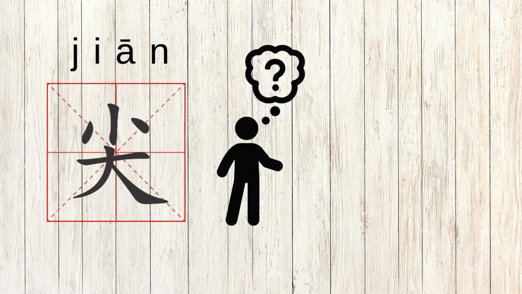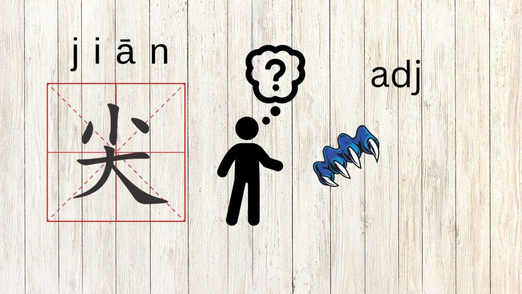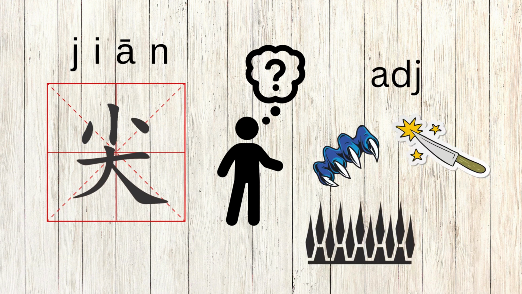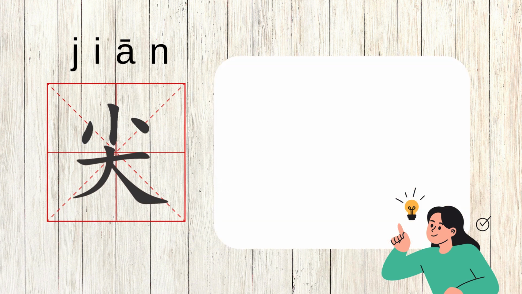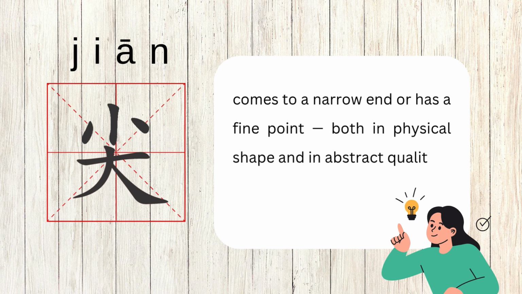Its pronunciation is jian. Let's guess what this character means. It's an adjective that describes things that are wide at the bottom and pointed at the top, just like these objects. Haha, you must have guessed it. Jian describes anything that comes to a narrow end or has a fine point, both in physical shape and in